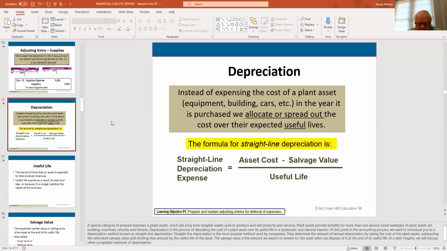With depreciation, what you have is a recognition of the fact that as you use an asset, a plant asset, that is equipment or buildings or cars, and by the way, we never depreciate land. We do depreciate land improvements, but we never depreciate land itself. The idea is that you're not creating any more of it and it only appreciates in value. But contrast that with the parking lot.